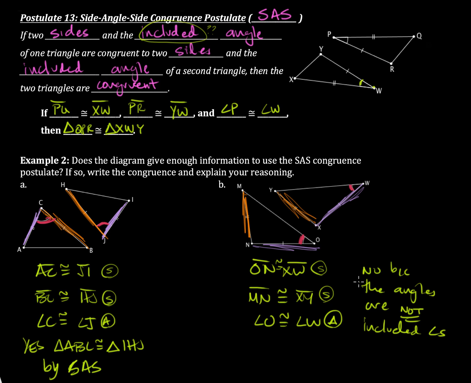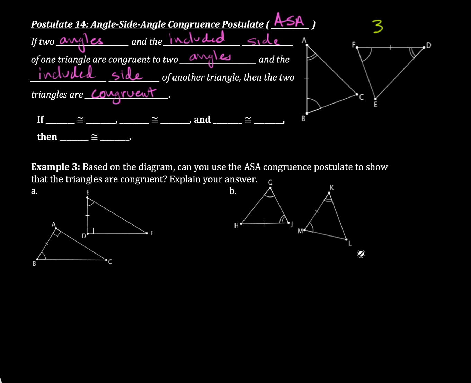I guess that could be our explanation there. Even though I have two pairs of sides and one pair of angles, it's not the included angles. So SAS doesn't work there. Now we have a third